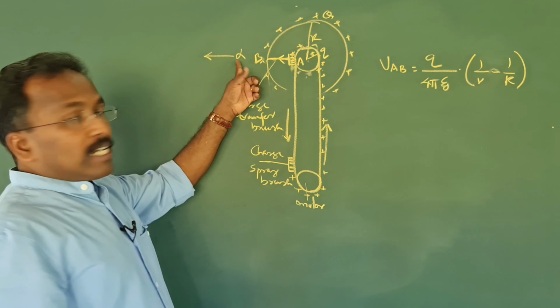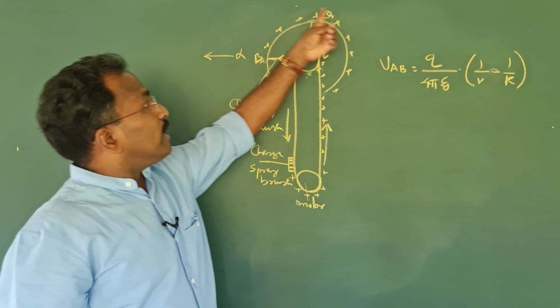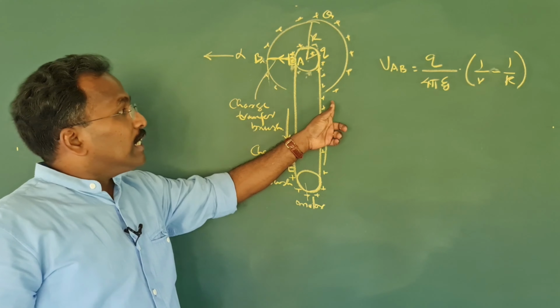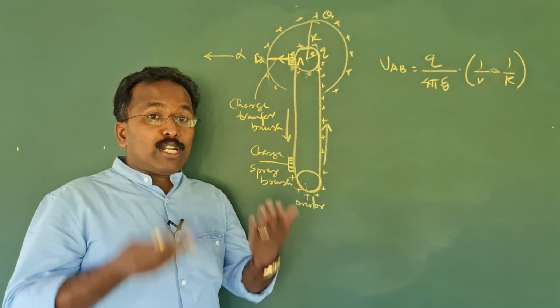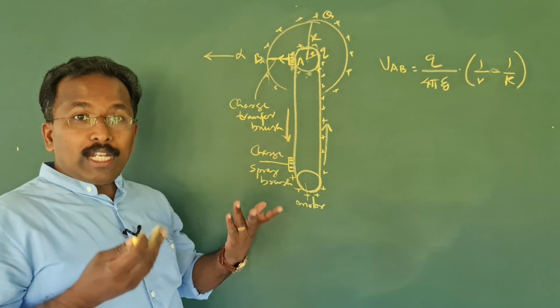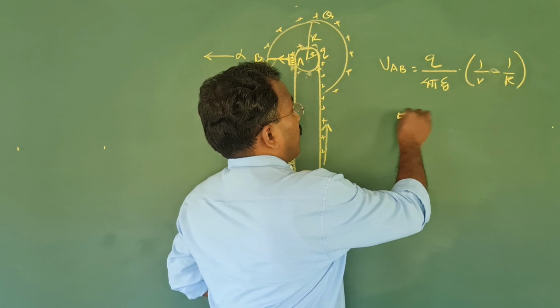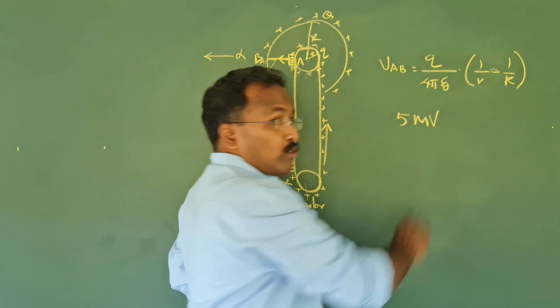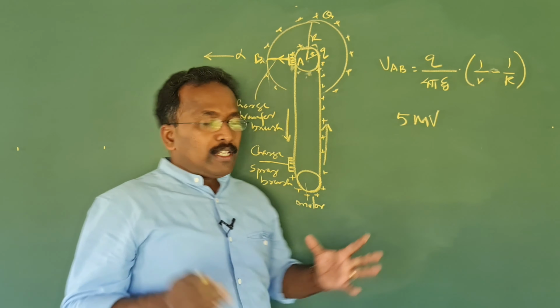Now the energy, how much energy this alpha particle will have, actually depends on how much potential is there on this. That is according to this equation. We said you can build any potential on that. The potential usually people built in those days was around 5 megavolt. Okay, so much large potential was created.